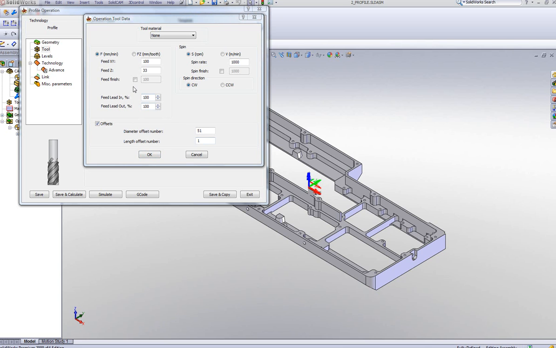Another thing we've done here is that we've actually disabled our feed finish and our spin finish. What happens now is as follows. If this checkbox is not marked, then the feed finish will automatically be whatever my feed XY is. In other words, if I was to make this 1000, you'll note that my feed finish automatically changes to